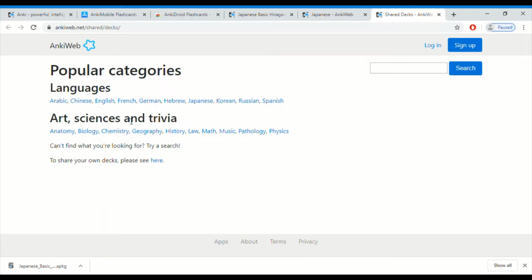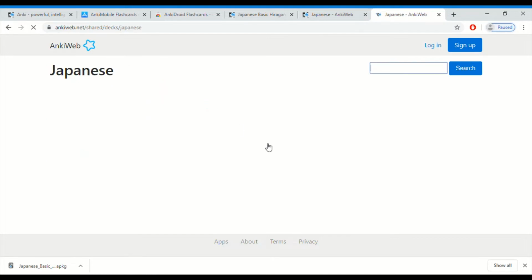It redirects me to this page on Anki Web. There are popular categories in languages. Here's Japanese. So there's so much you can do with Anki, not just languages, but you can also study arts and sciences. So let me go to the Japanese language,